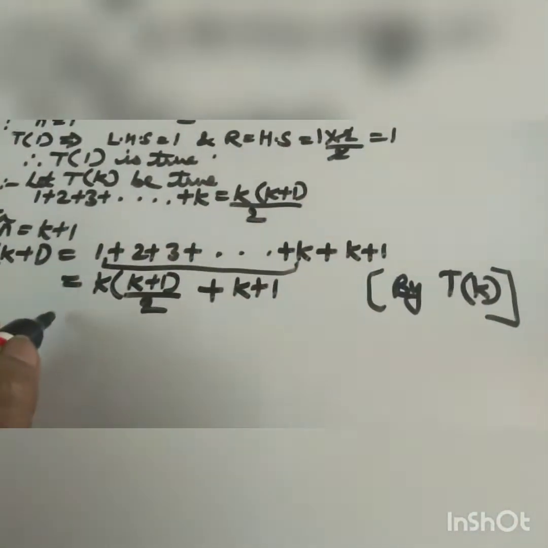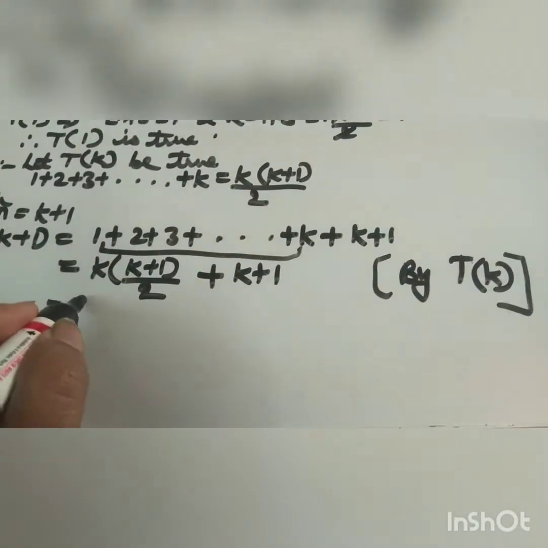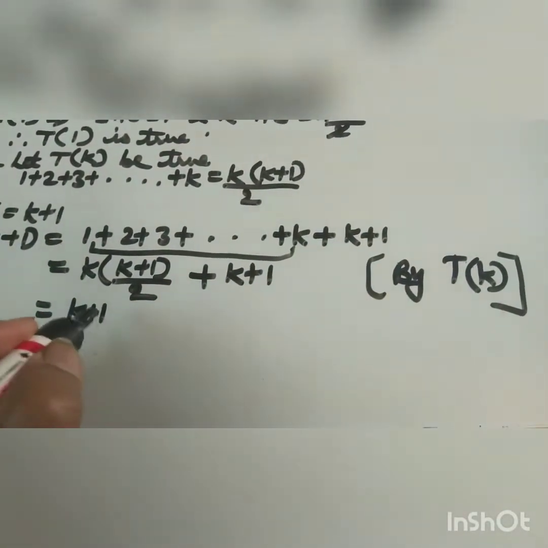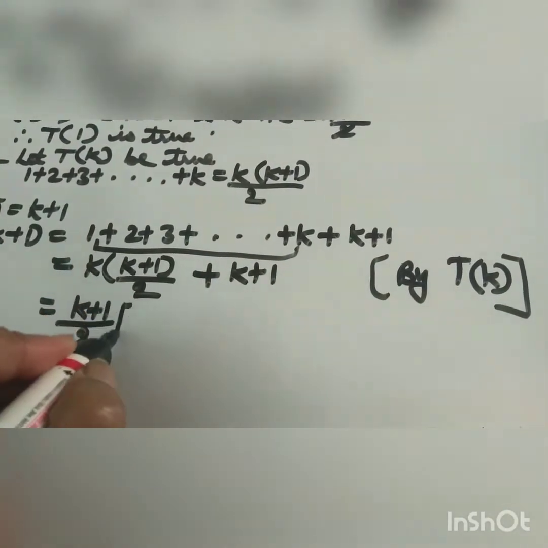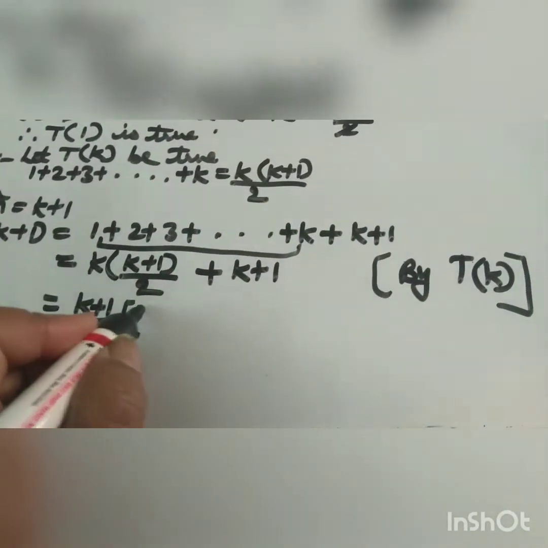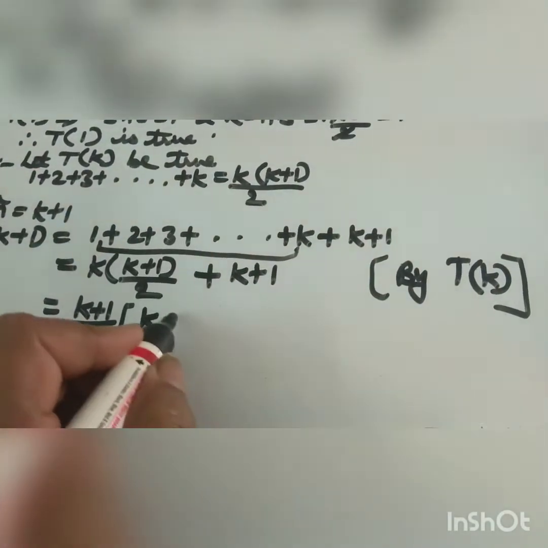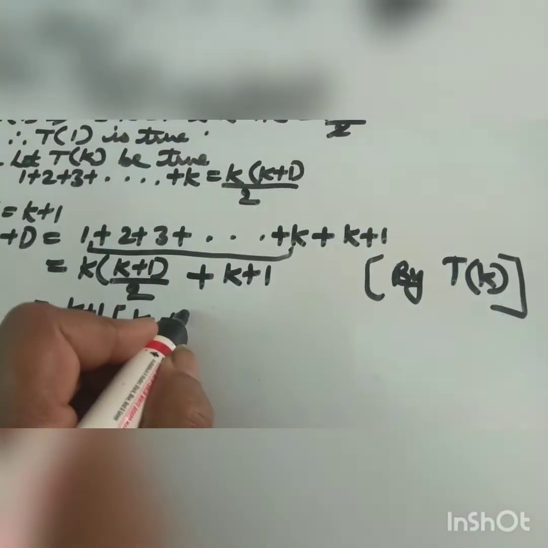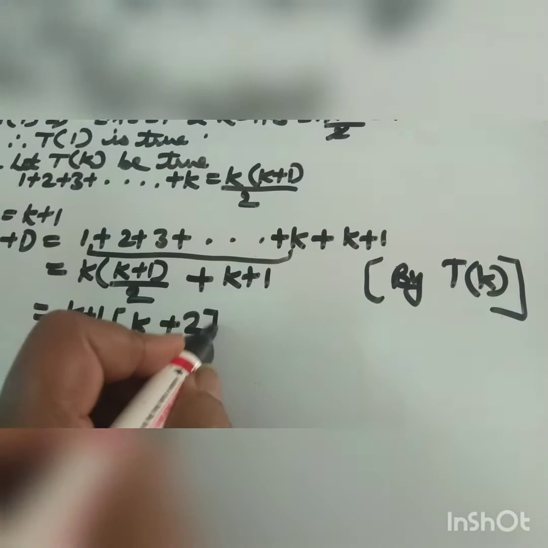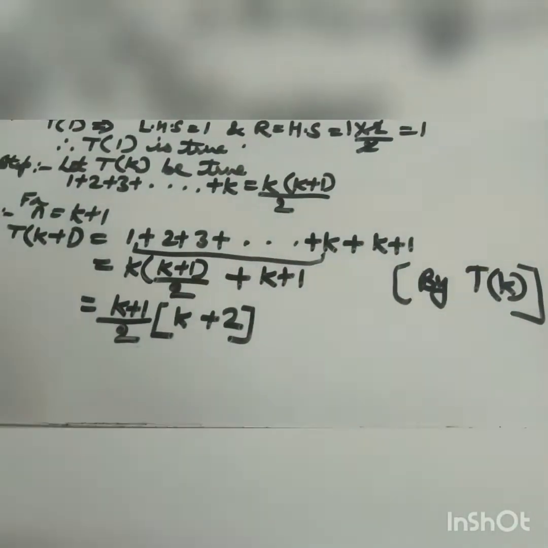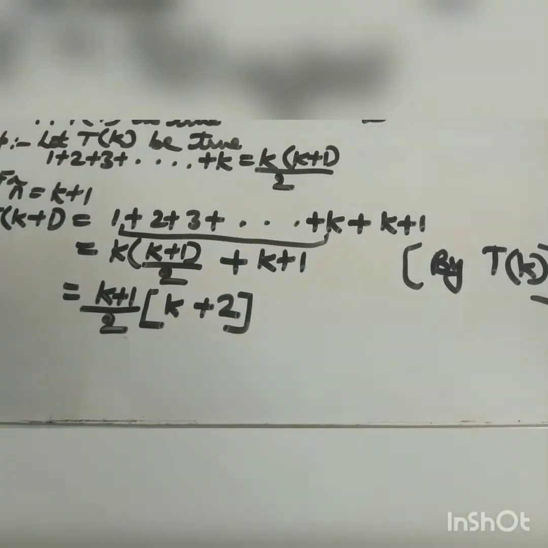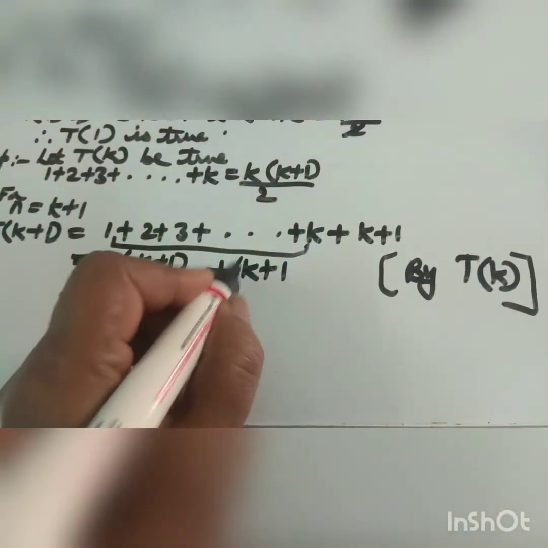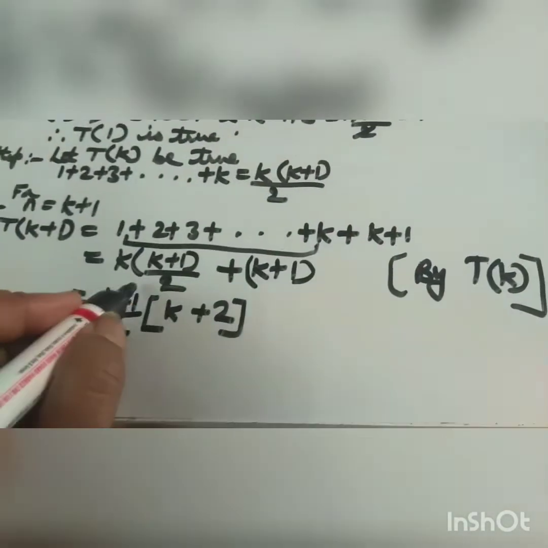Now algebra is involved here. Take k plus 1 common, and upon 2 also I am taking common. Now what happens? Here I am left with k. Here I will be left with 2. Are you following why I am writing 2? Because 2 I have written outside. So this is k plus 1. I have written